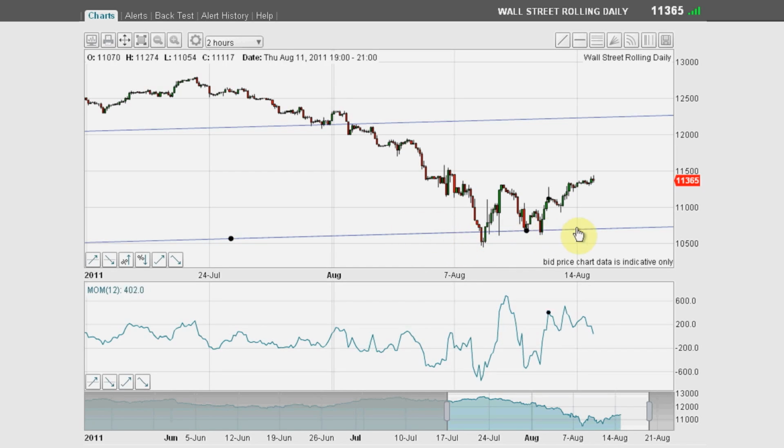So these are the tram lines that I drew, the very, very long-term ones. Now, at some point, tram lines do actually peter out and a new set take over. So it's always a good idea when you're trading against very long-term trend lines, this one is 2 years or more than 2 years old, to keep looking for a new set of tram lines.